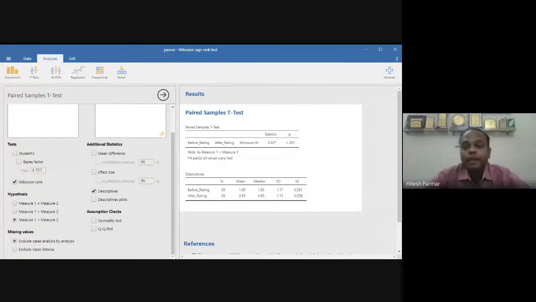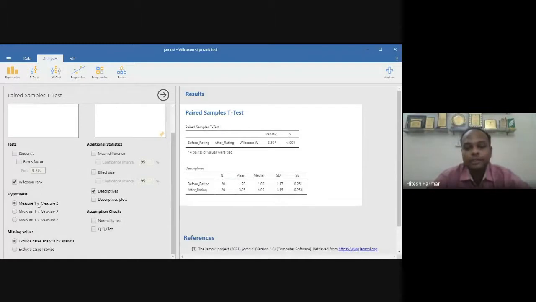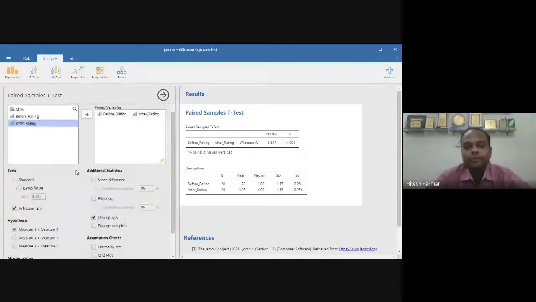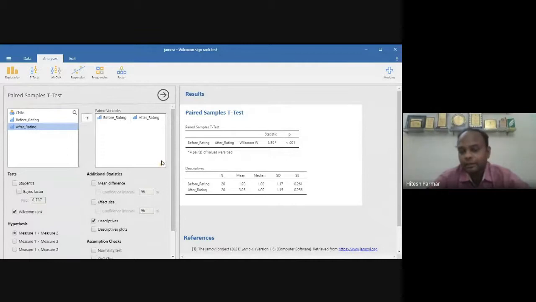Yeah, by looking at the p-value, if our test is, for example, measure 1 is not equal to measure 2, then your conclusion will be there is a significant difference in the before rating and after rating.